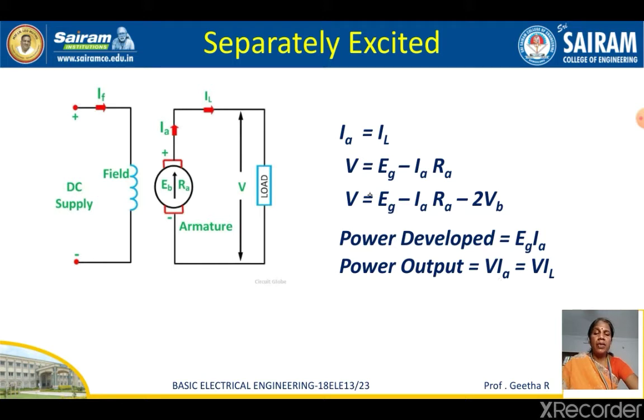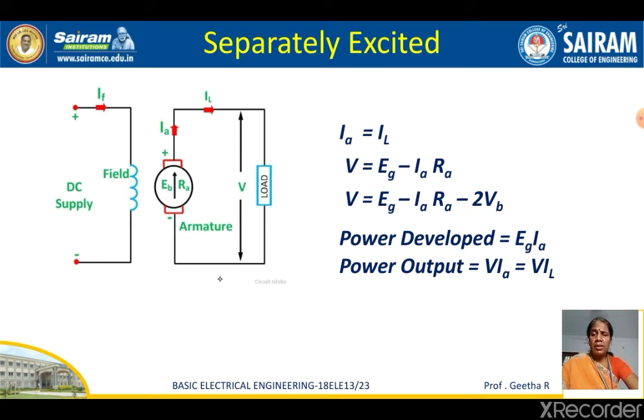Here the V is nothing but Eg, the generated EMF, into Ia. The current gives you the power developed. The output power is nothing but V into Ia. Ia is nothing but V into IL on the output side. IL is nothing but Ia. So you can write V is equal to